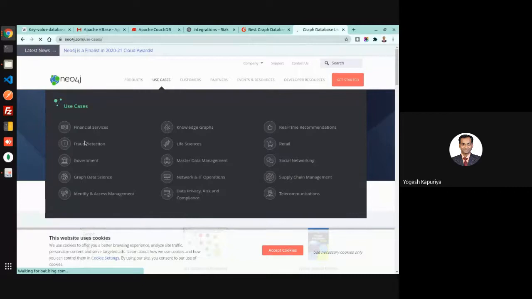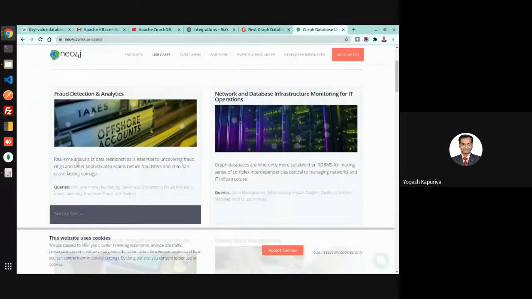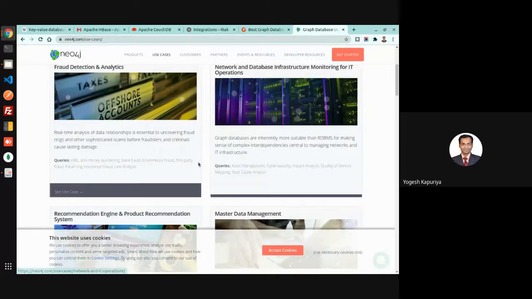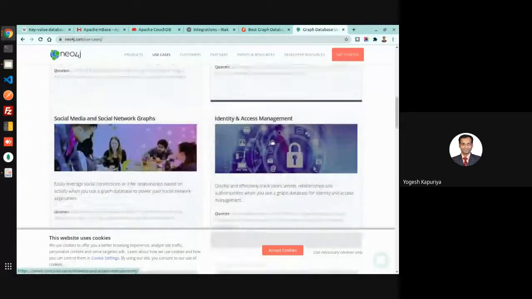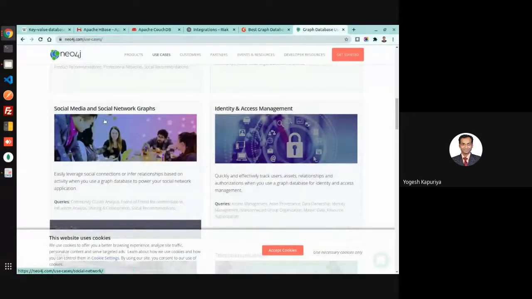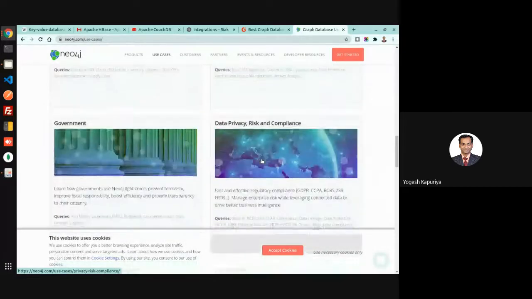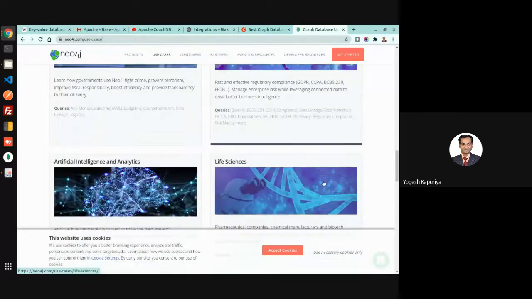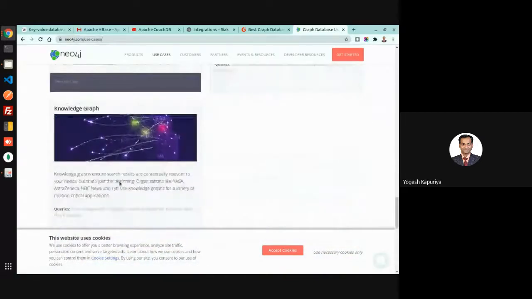What are the use cases? Fraud detection analysis, network and database infrastructure management, recommendation systems, then access management, social media network graphs, retailing, telecommunications, government, and data privacy and risk compliance, life science, artificial intelligence analytics, many.